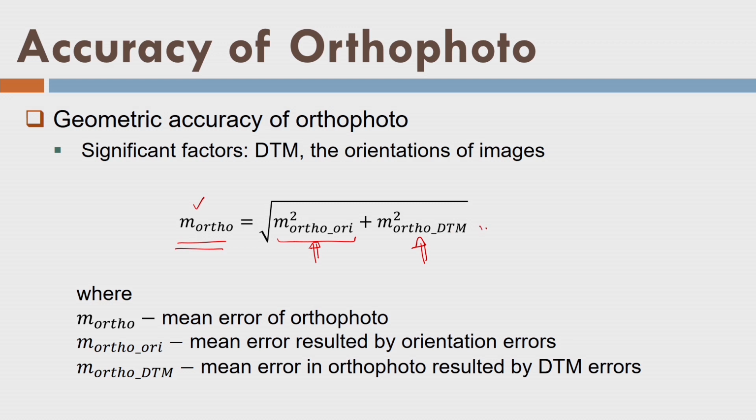However, there are some expressions given for the errors caused by the DTM. And here there are two ways to express this error. One is the mean error, and the other is the point error. That means I want to find out the overall performance and accuracy of the orthomap. In that case, what will I do? I will take the overall variation of the terrain or the overall error of the DSM or DTM. I will consider that error of the DSM or DTM in the overall error of the orthomap. I am just reporting the error of the overall product, that is the mean error there.